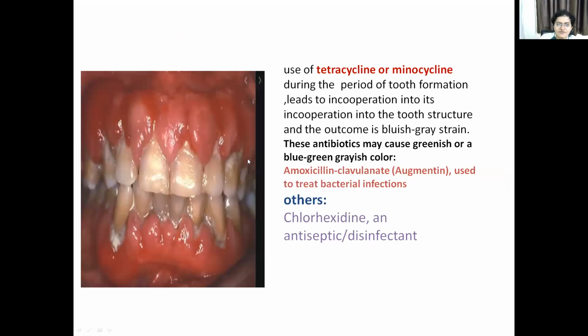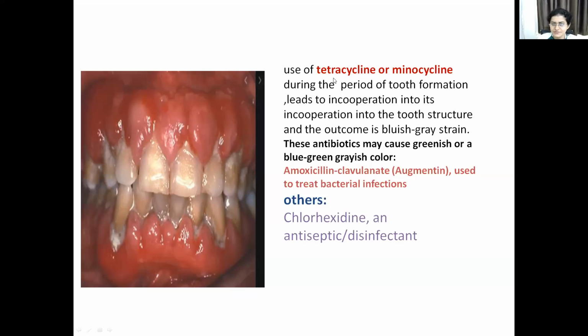The next chart will be, see, there is some discoloration of the teeth. Okay. So in your chart, you will have this one. This is a clinical chart which you have to identify in your practical exam, and you will see a bluish gray stain. Okay, after you come back, we will show you these charts. So right now just see these charts, it will be like this only, bluish gray color stain. So you have to identify which drug causes this reaction.